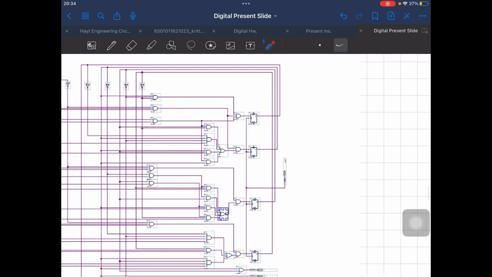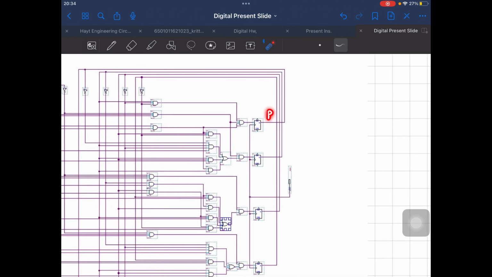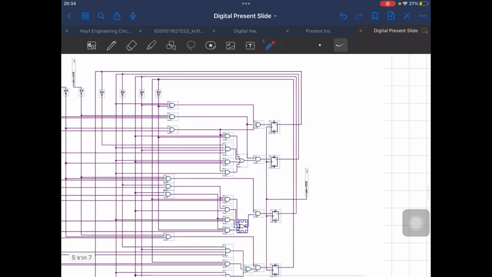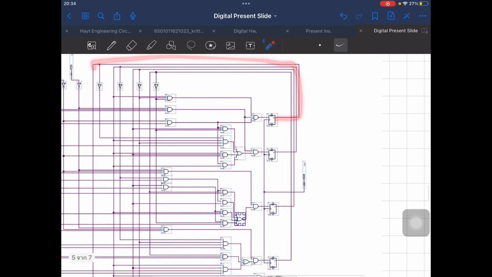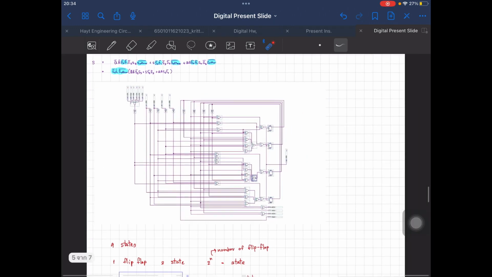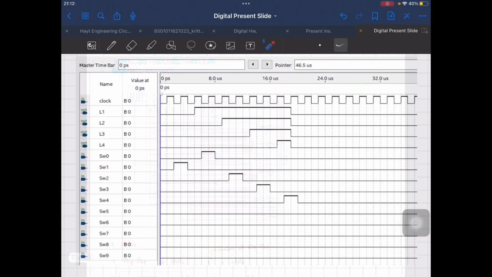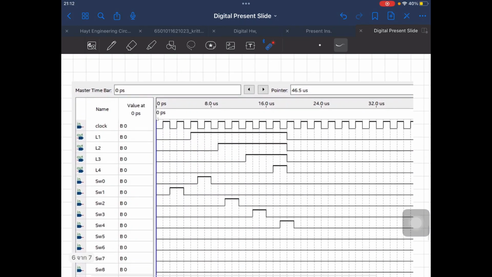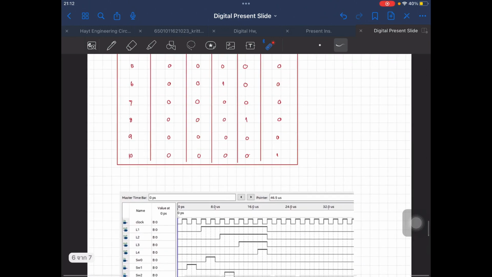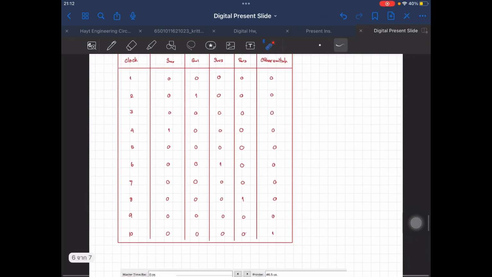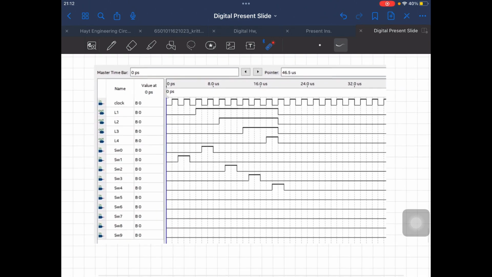Right, and this one is P, Q, R, and S, and we'll drag it down to here. This P, P prime, Q, Q prime, R, R prime, and this S and S prime. Okay, and let's see. Okay, from this part, from previously, I decided this test vector, and you can see in